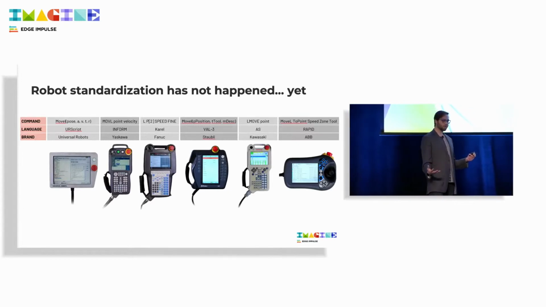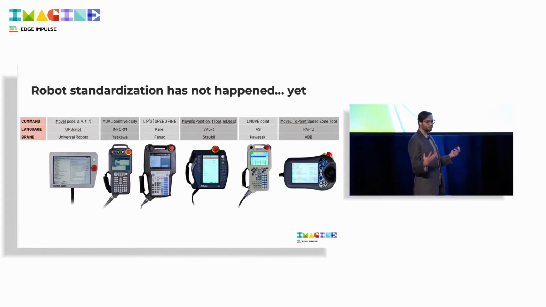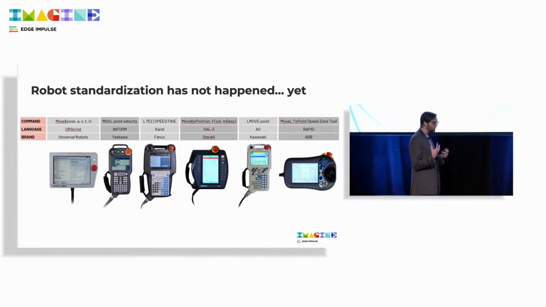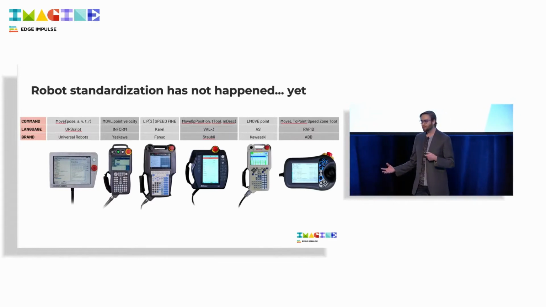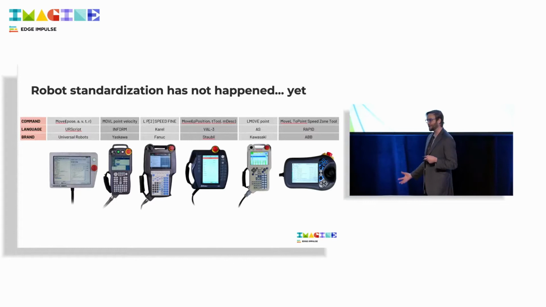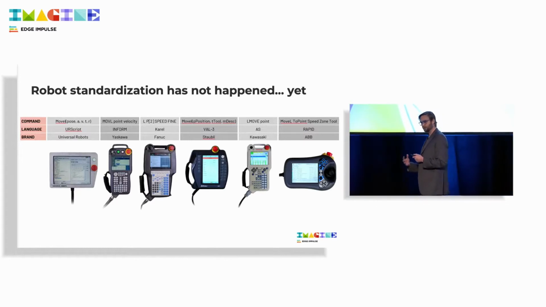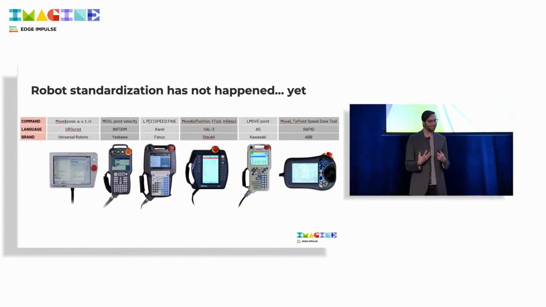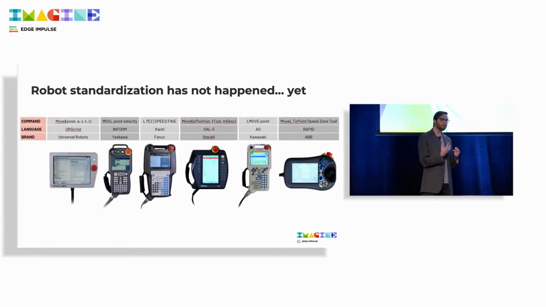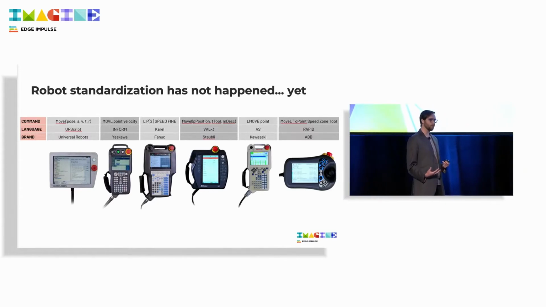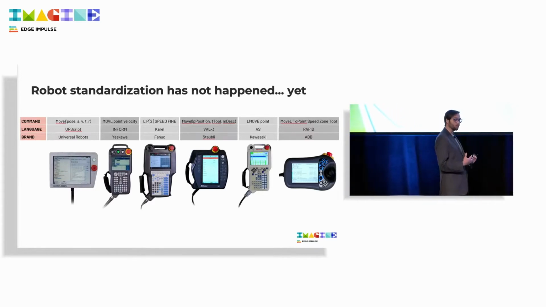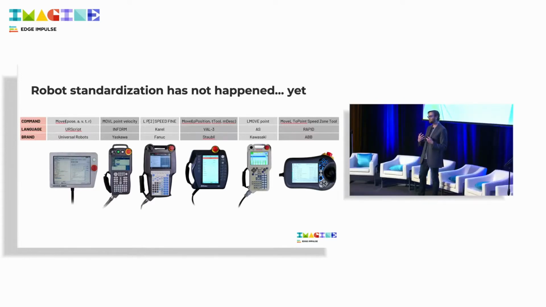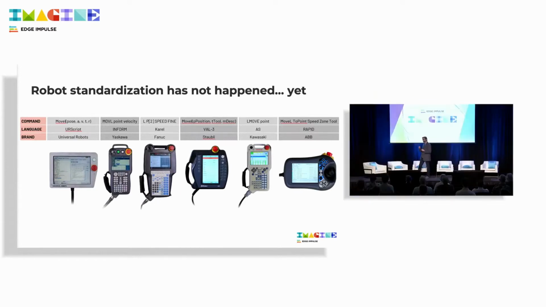So if you're programming on a Yaskawa robot, you're programming in a language called Inform. If you're programming on a FANUC robot, it's a language called Karel. ABB uses Rapid. Kawasaki uses AS. I could sit here and rattle off dozens of these different languages. It's a highly fragmented landscape, and it's one that doesn't really pay attention to the importance of usability. In fact, the last leap forward in usability when it comes to robots actually happened in 2005, nearly 2 decades ago now, and that was from a company called Universal Robots.